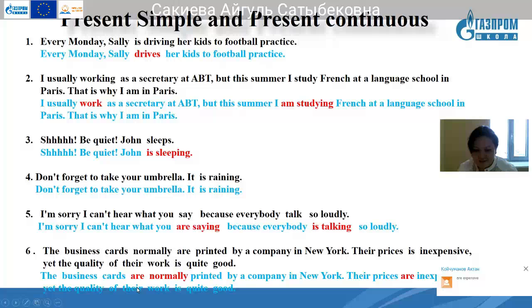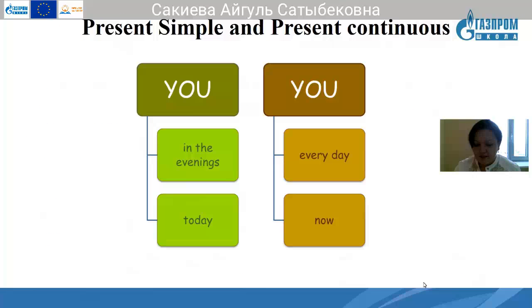Yes, the business cards are normally, because the to be verb usually comes before the what? Before the keywords, yes, like always, normally, often. And here the prices are inexpensive. Yes, guys, you're right. So guys, so we have repeated